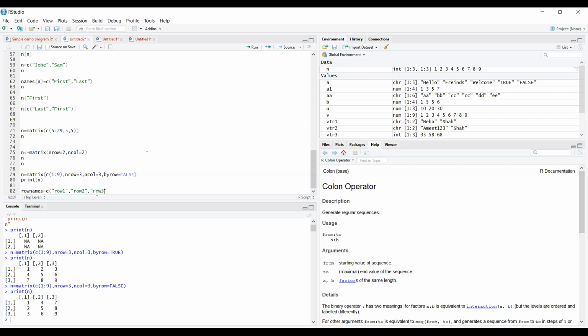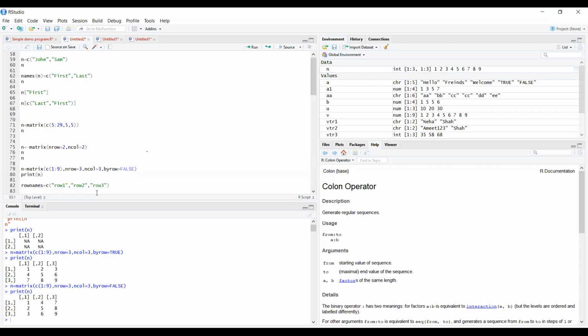So this is the row name I am going to pass out here. Column names is there. So equals to c, in the bracket, column 1, 2, 3 is there.